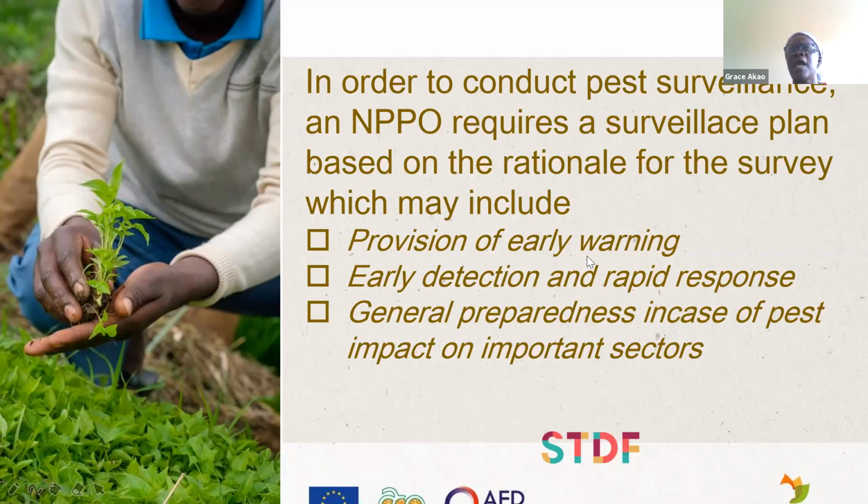All contracting parties of the IPPC have very similar objectives. They want to protect trade, and therefore they want to comply with the requirements of the trading partner, and therefore they must contain the pest. They also want to protect the environment and the biodiversity, the plant biodiversity that is in that environment. And therefore, this is also very key. So there are two reasons why countries endeavor to contain pests. And in order to contain it, you need first to know the status of that pest.